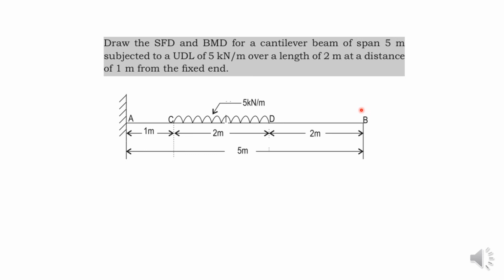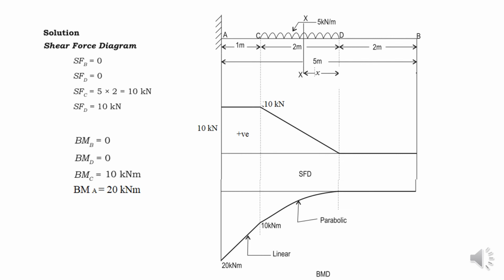And see, how will you draw the shear force diagram? From B to D there are no loads acting, so there will not be any shear force or any bending moment. So the shear force diagram and bending moment diagram will start from D only. Okay, so let's see how to solve this problem. Consider the section line at a distance h from the point D. Then take the shear force at h side. Then just substitute h equal to 0 to get the value of shear force at D, and h equal to 2 meter to get the value of shear force at C, and you will get the shear force at D as 0 and at C as 10 kilonewton.